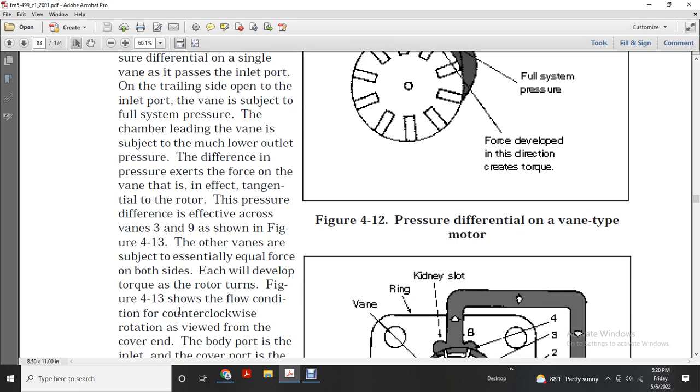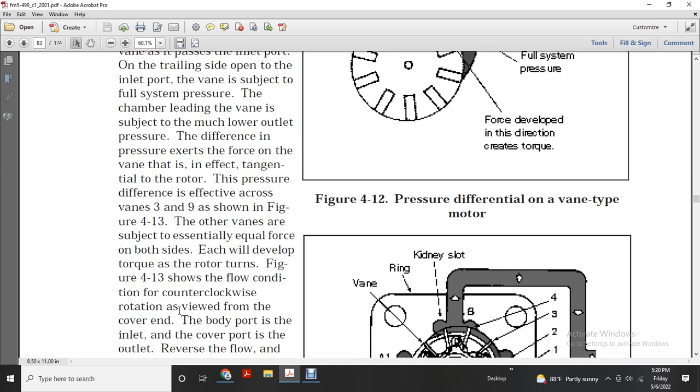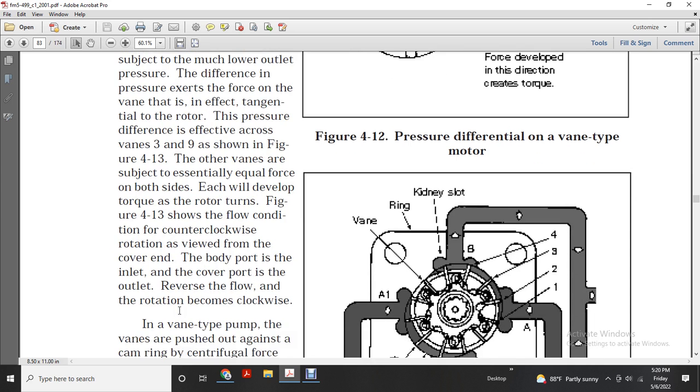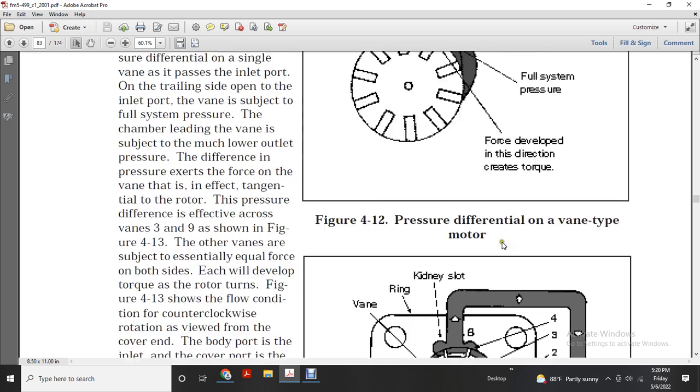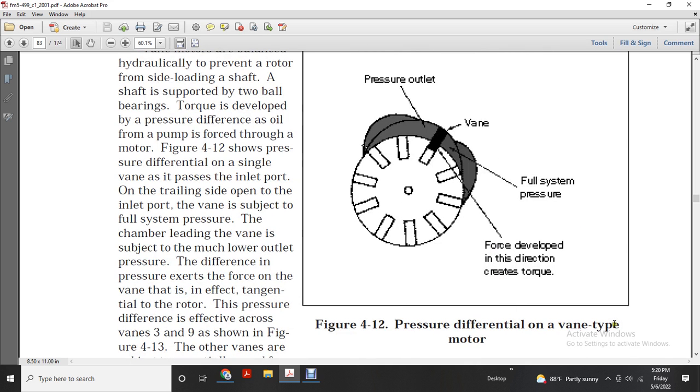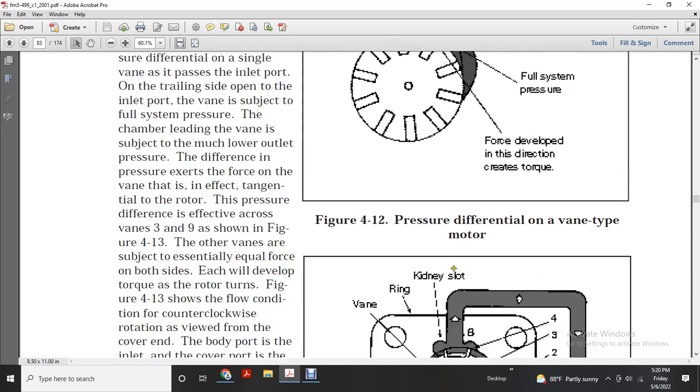Each will develop torque as the rotor returns. Figure 413 shows the flow condition for counterclockwise rotation viewed from the cover and body port, inlet and cover port with the outlet, and the reversible flow and rotation becomes clockwise. Figure 412 shows the pressure differential on a vane type: pressure outlet vane, full system pressure, and then force developed in the direction of the